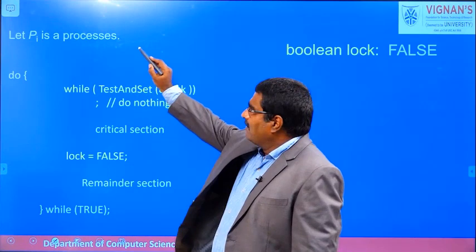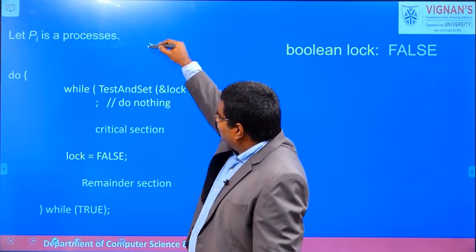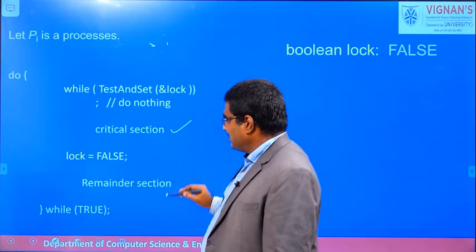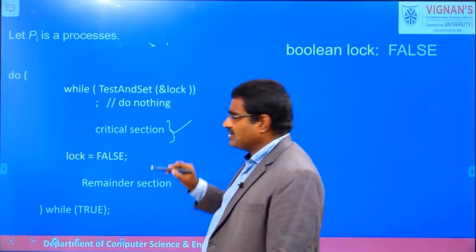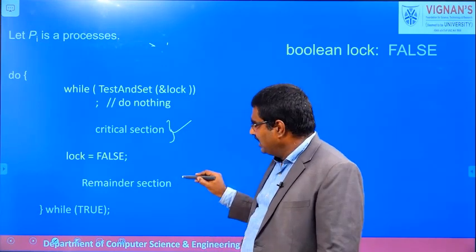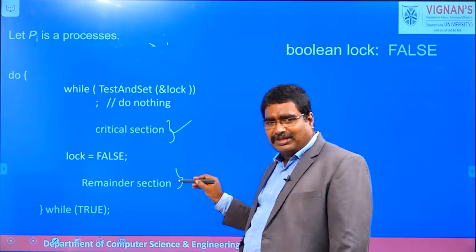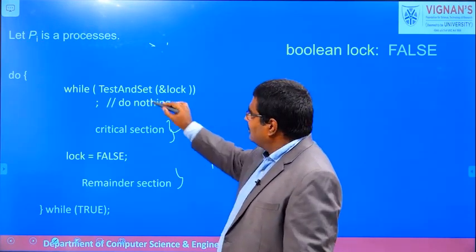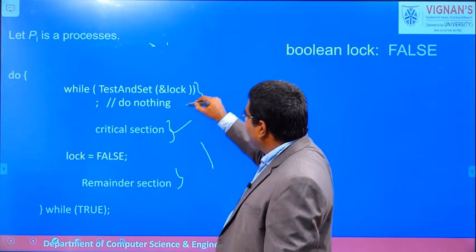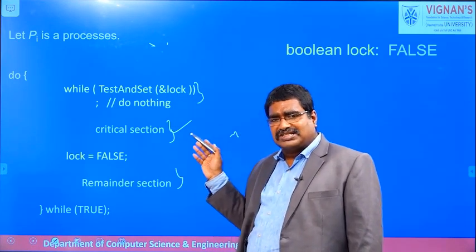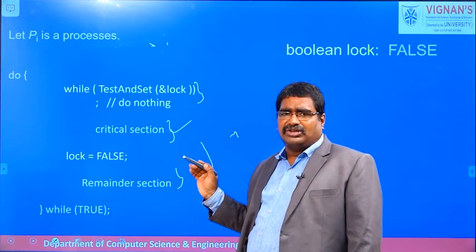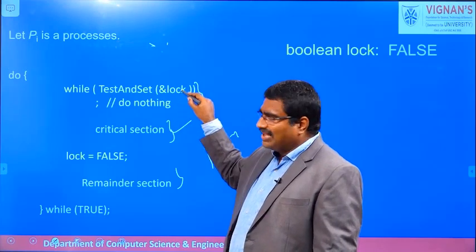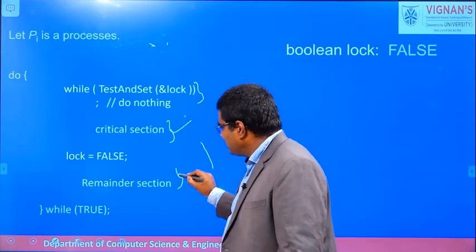Now we assume that Pi is a process and it wishes to enter the critical section. The Pi process consists of the critical section, that is, this set of instructions where they are modifying the shared data, and this is the remainder section. In this code they are not modifying the shared data. Before entering the critical section, this is the entry section code. It simply verifies that if no process is in the critical section, then only this one is allowed to enter. If some processes are already in the critical section, this process must wait in the entry section only, and this is the exit section code.